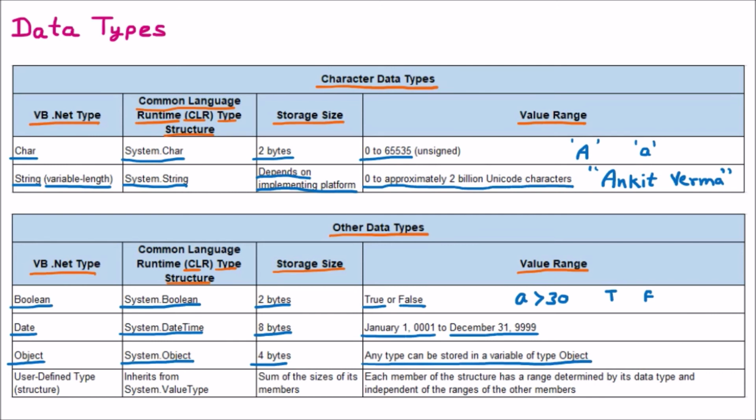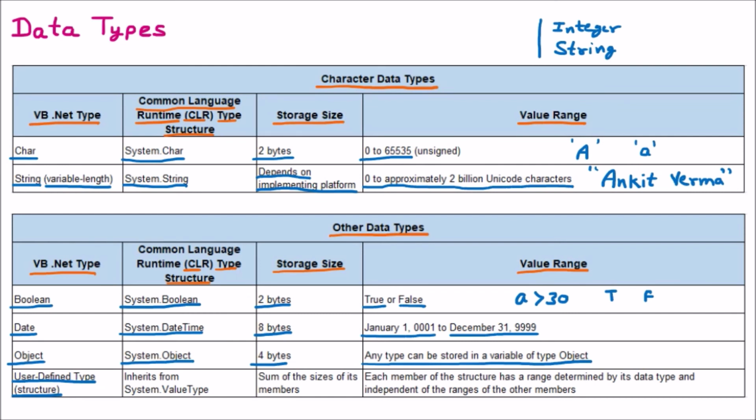Now the last category we have is the user defined type. Under the user defined type we have the structure. Now we should understand what a structure is. Let's say I am a customer, and someone wants to store the details of the customer, for example the customer phone number. We want the phone number to be an integer, and they want to store the name of the customer, which we know is a string. So every customer has these two things.